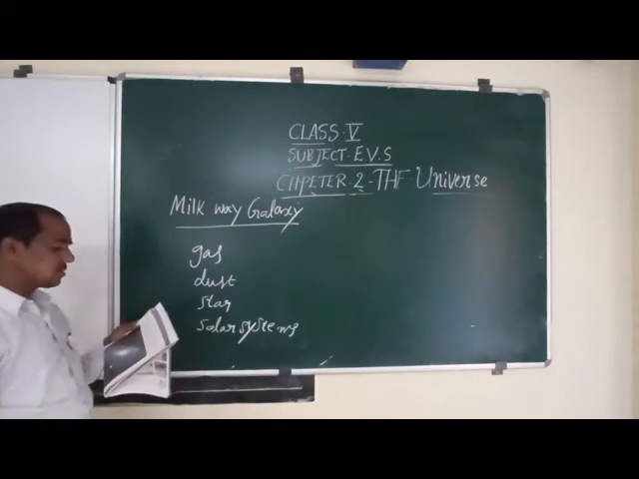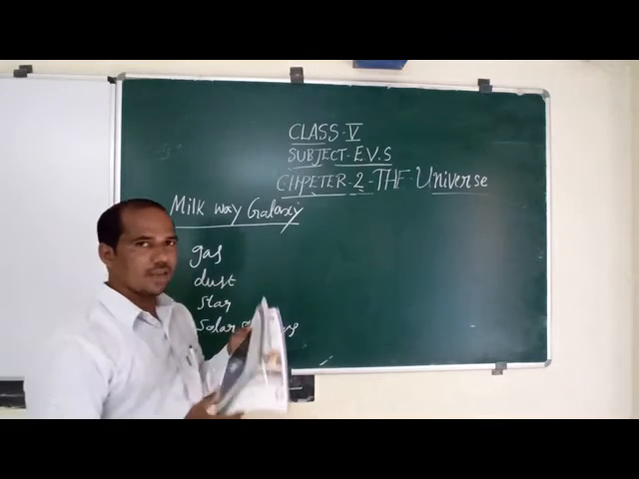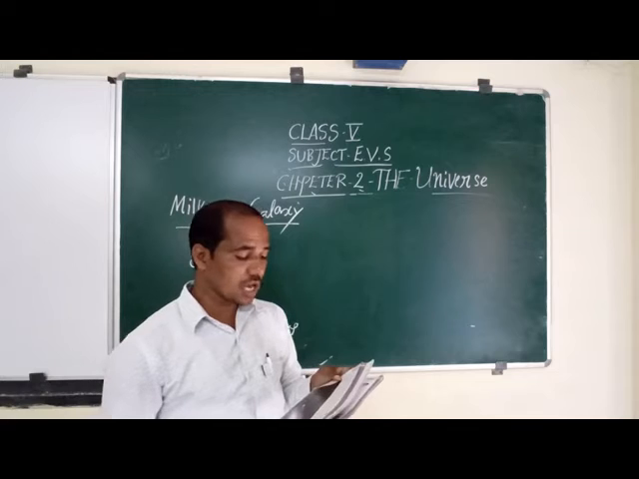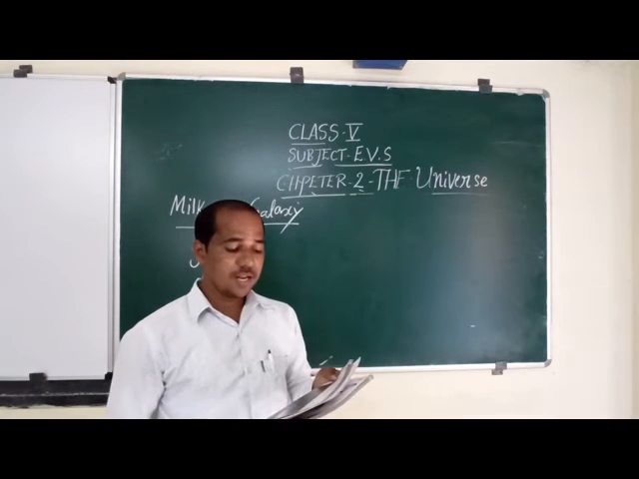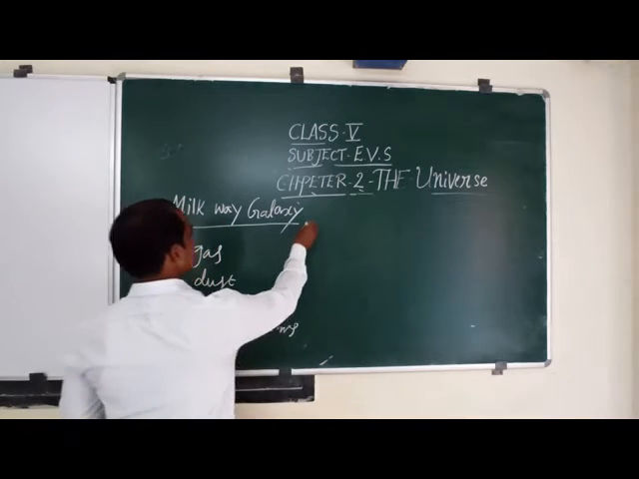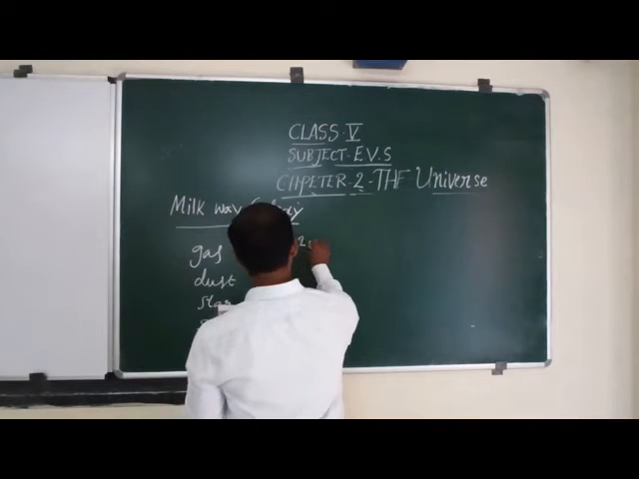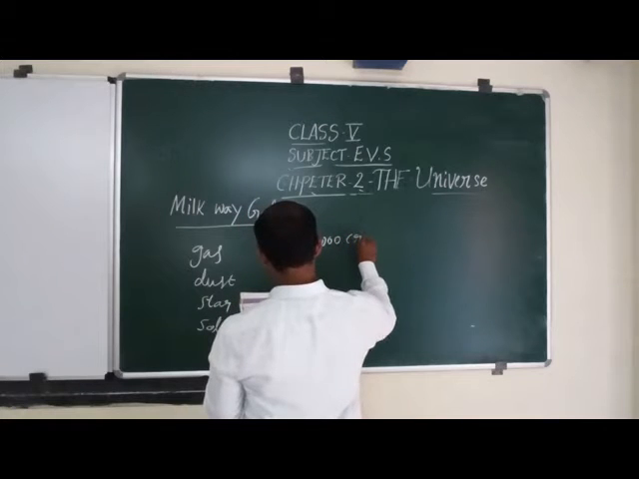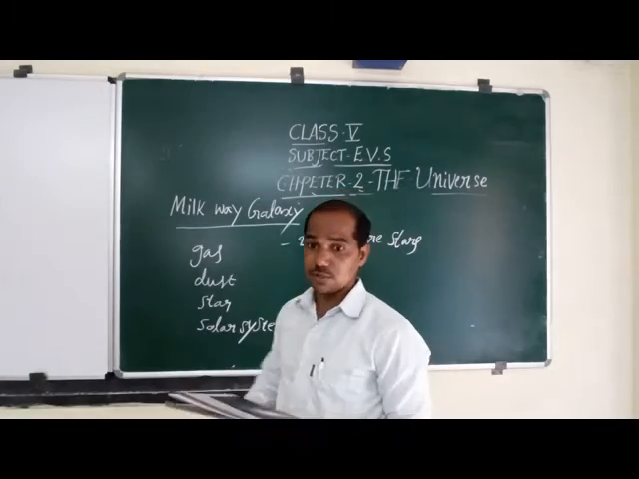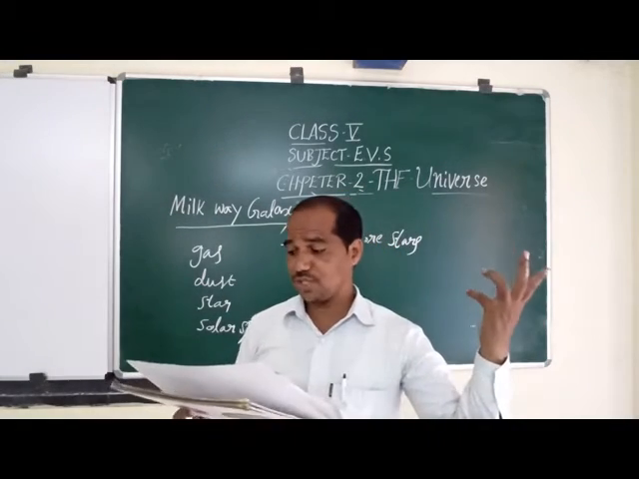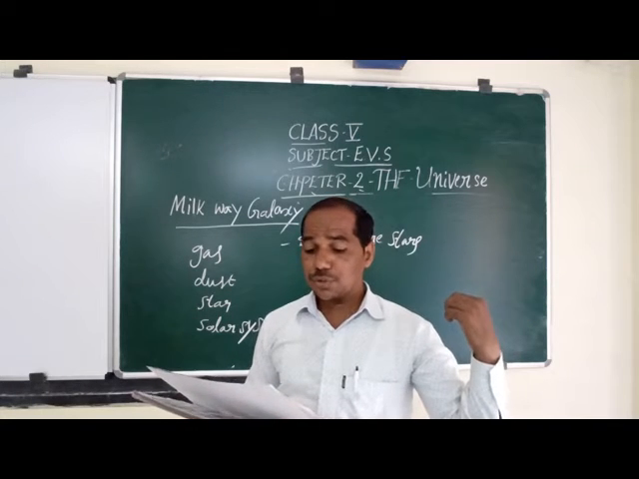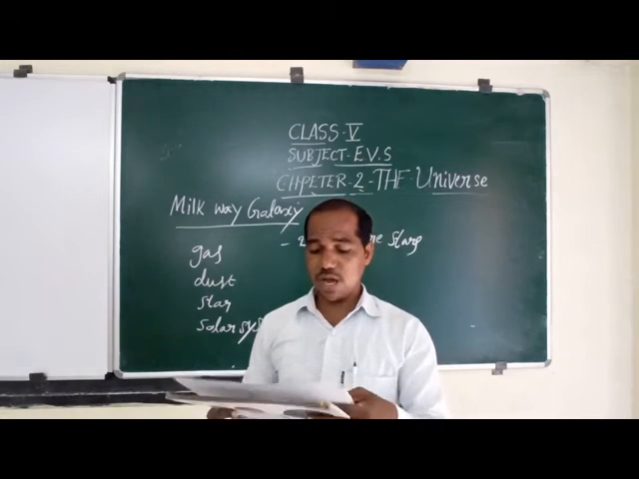Our sun is just one of the many stars in the Milky Way galaxy, which appears like a huge spiral in the sky. Can you imagine the number of stars in our galaxy? It is estimated that more than 20 crores of stars are there in the Milky Way galaxy. How many are there? 20 crores stars are there in our Milky Way galaxy. Imagine. It will take